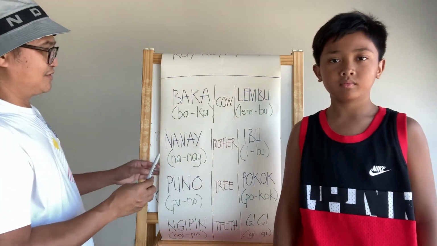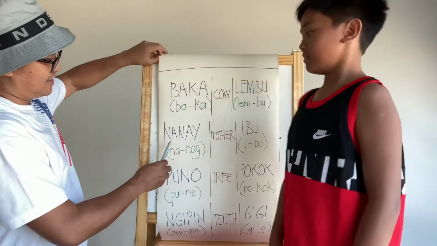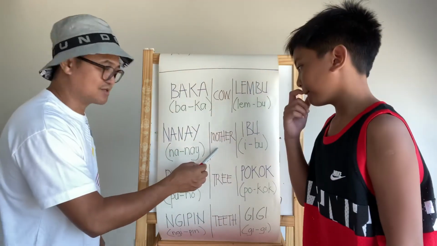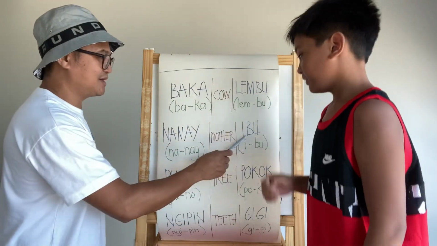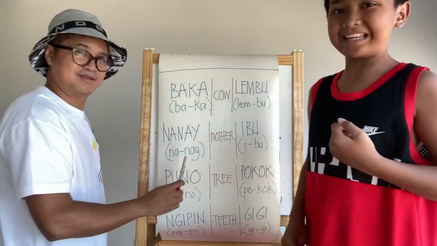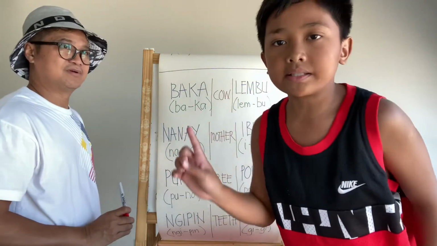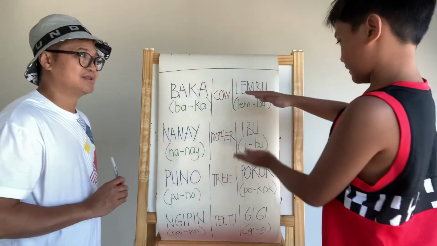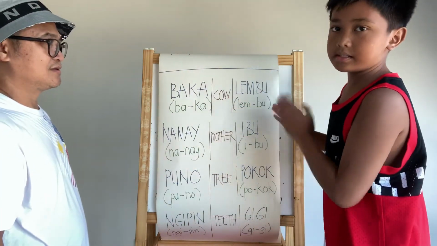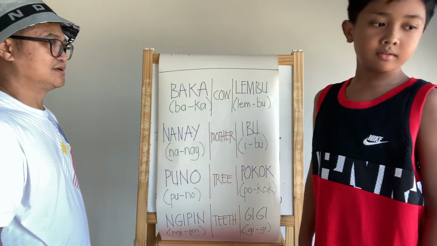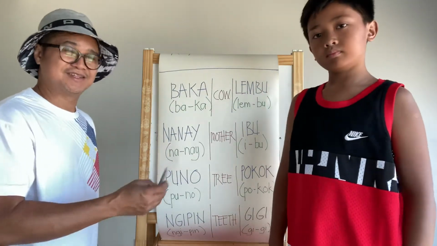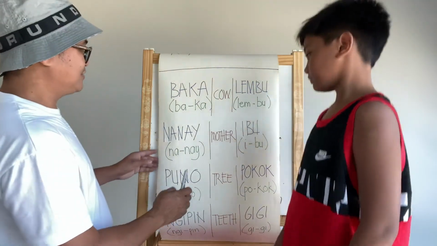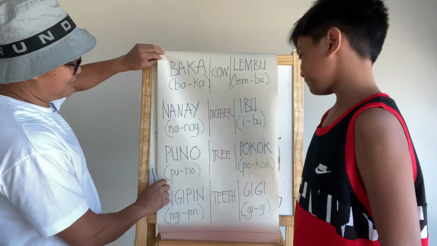Okay, let's go to the next one. Nanay, which is mother. In Bahasa Malaysia, it is ibu. Even though it's written with an I, we pronounce it with an E. You see, that is the difference between our pronunciations. So next, the next word will be